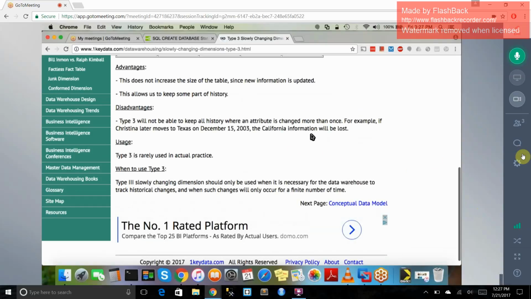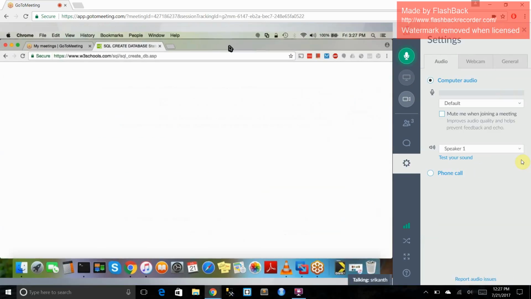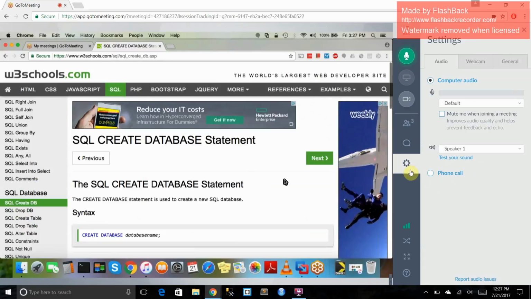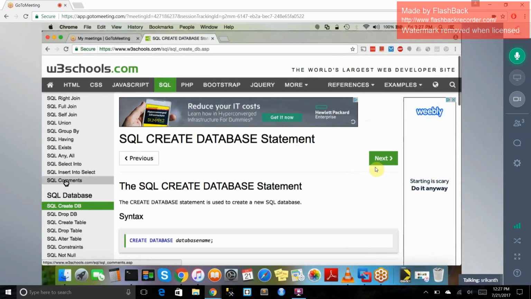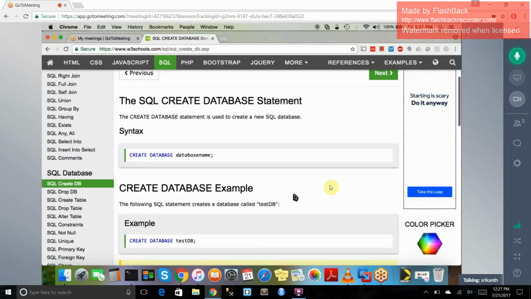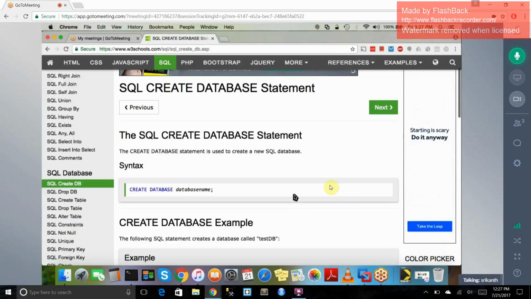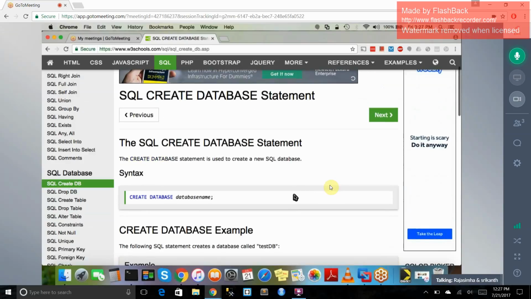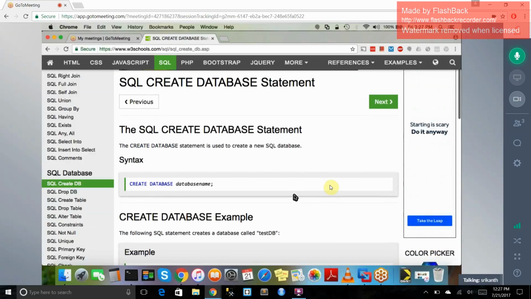Yeah, so I think that's it. We can move to SQL. Where we were yesterday, we are done up to SQL comments, right? Yes. Okay. So next, creating and dropping. This is the concept of